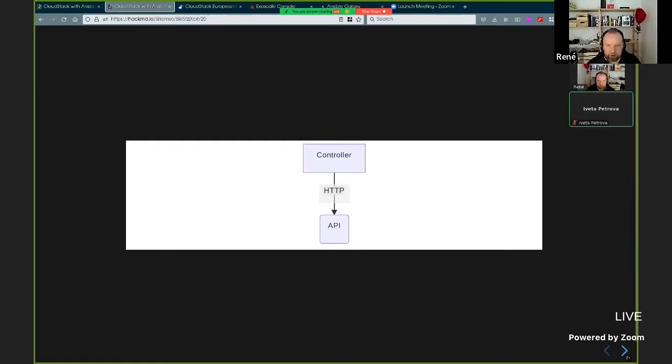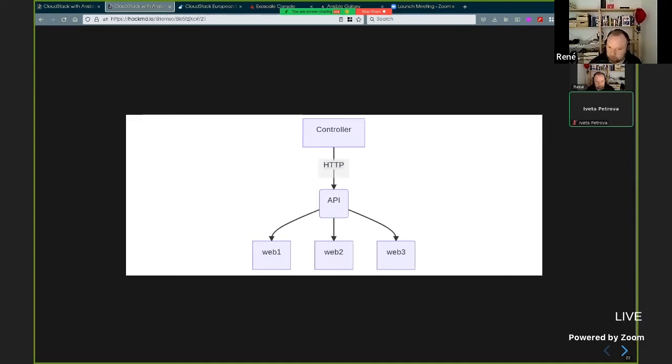It's meant to execute the controller locally on your system and connect to the API of CloudStack. Then CloudStack will create those VMs for you, and you basically wait until they got created and they are accessible, and then you connect to them by SSH and configure them. So that was the plan, and that's realized.